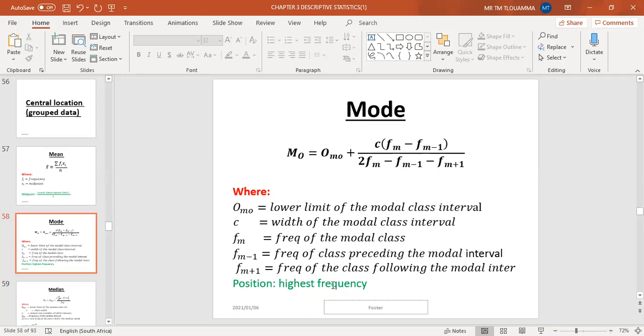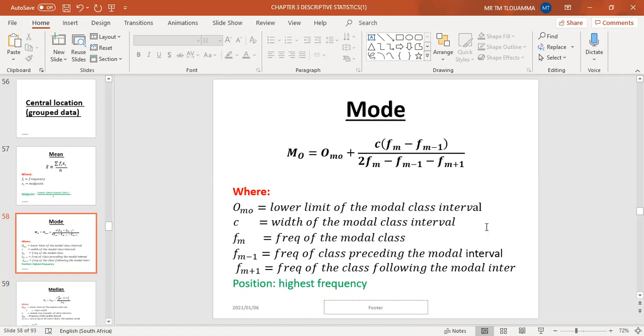The class limit says 100 to 200, the second class says 200 to 300, then the third class says 300 to 400. Can you see that? So the frequency of the class preceding the modal interval